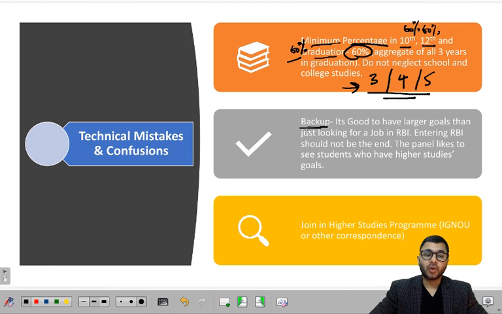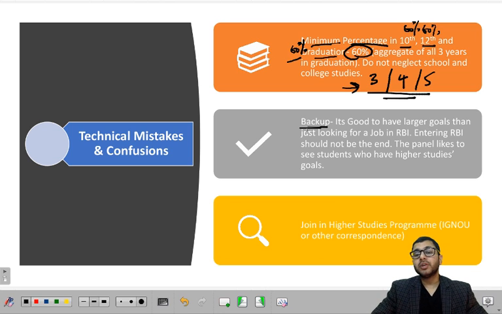So in case of a student who's already working in a public sector bank, if you like your work or if you find it satisfying, you go forward with it, keep doing it, and at the same time have enough discipline to find time for your RBI prep. If you're not finding your job satisfying enough, if you feel that it's not providing that kind of internal satisfaction that I should be getting, look for something else. Okay, so your backup should not be only it. Of course, finance has to be one of the aspects, but it should not be the only aspect.